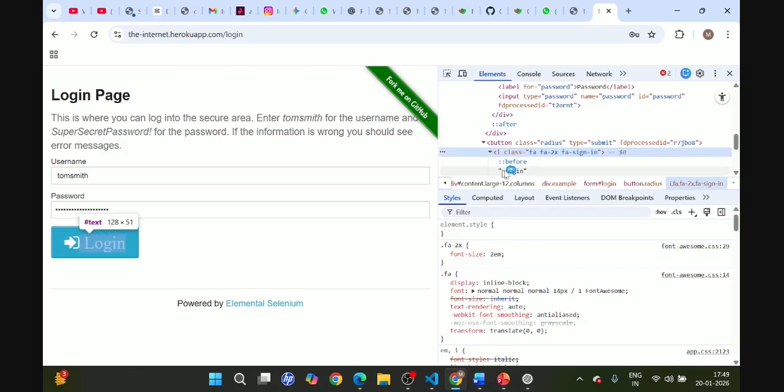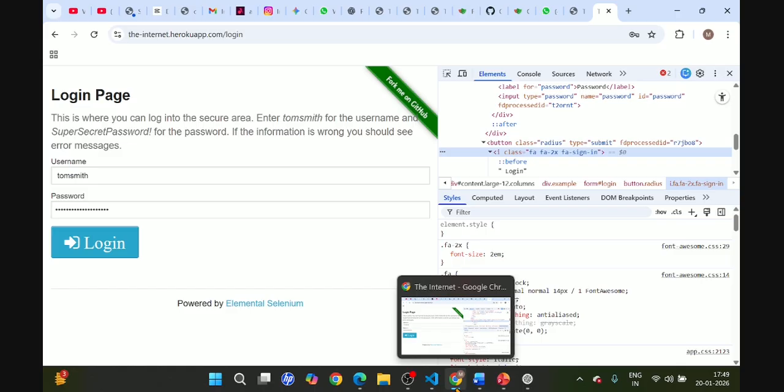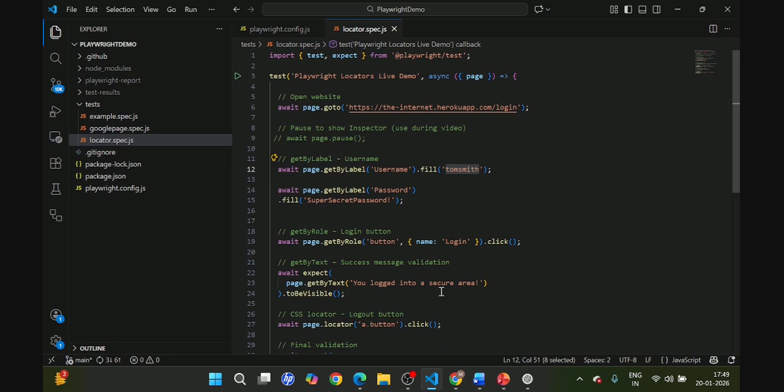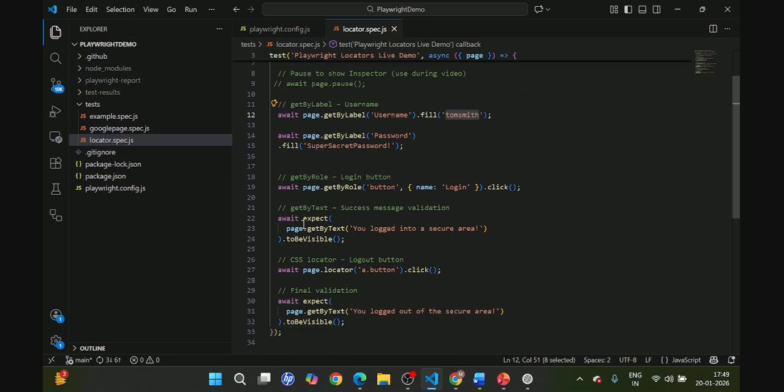So name is login, and this is the button. So we can use the get by role. Get by role is used for buttons and links. And then after that,